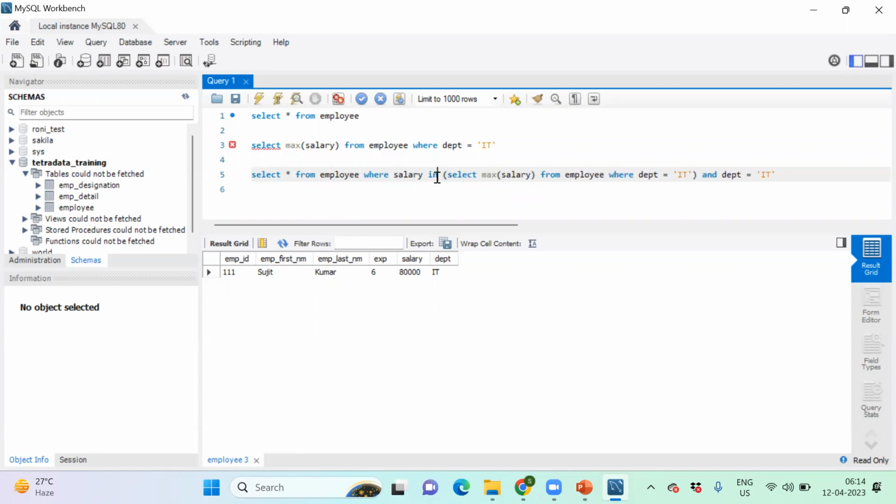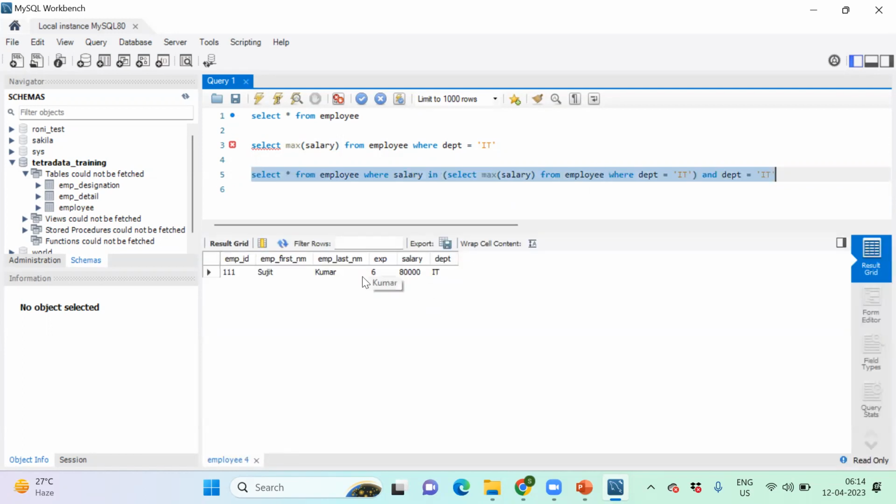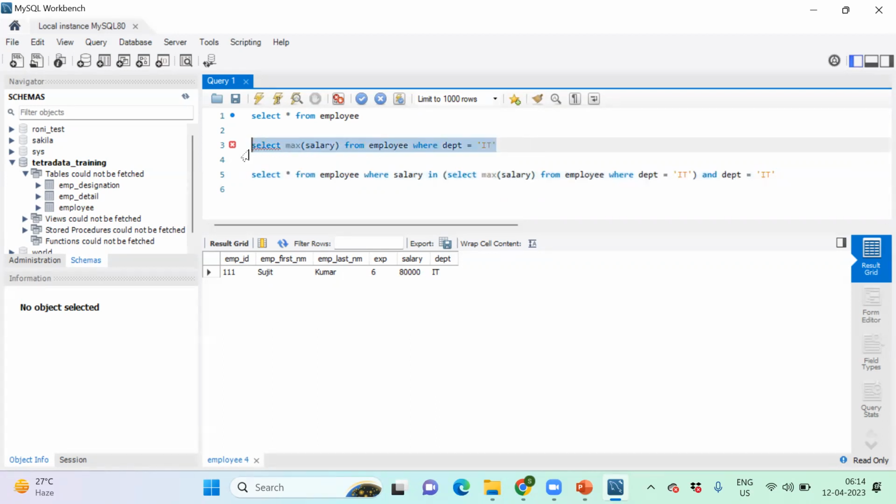Select star from employee where salary in, it's coming from here, and it should work this way. If I execute it, yeah, I'm receiving the same output, but I do not have to use this query again. This way I'm executing only one query at a time,